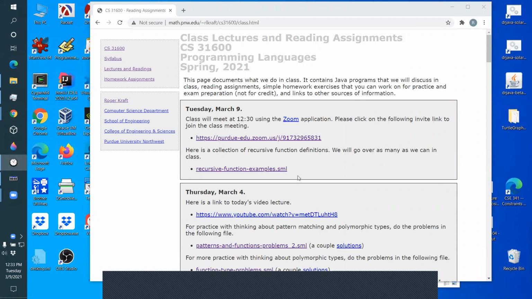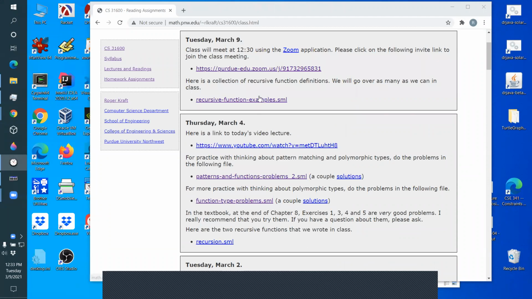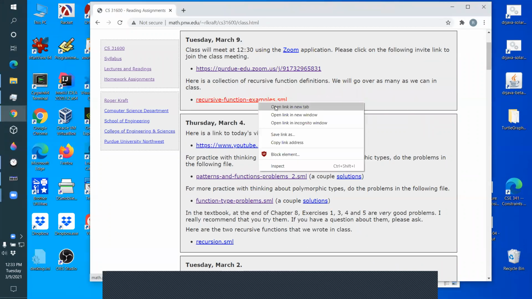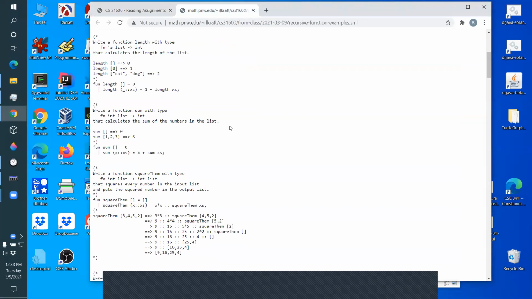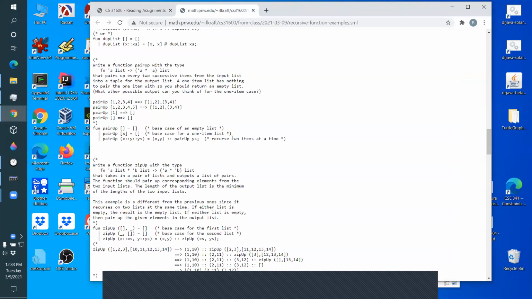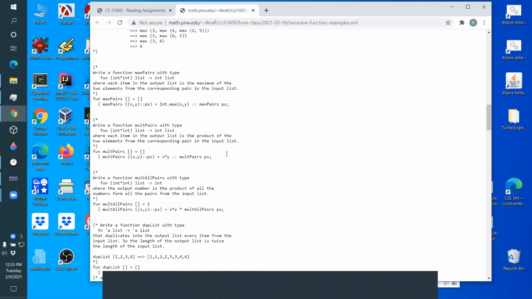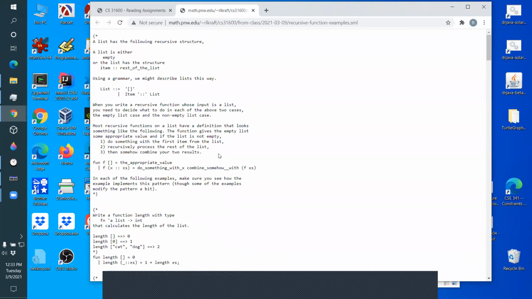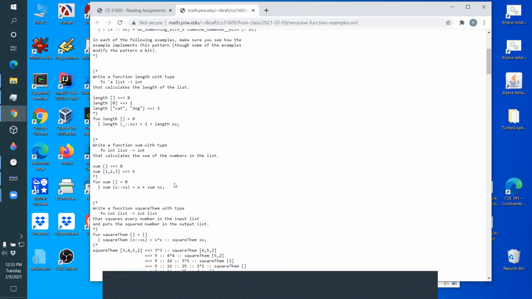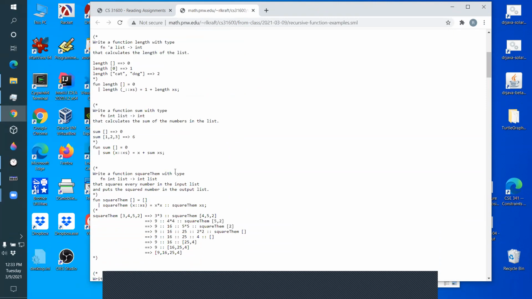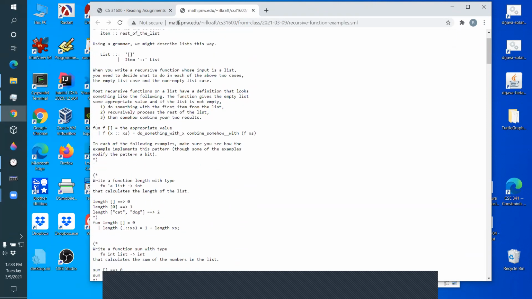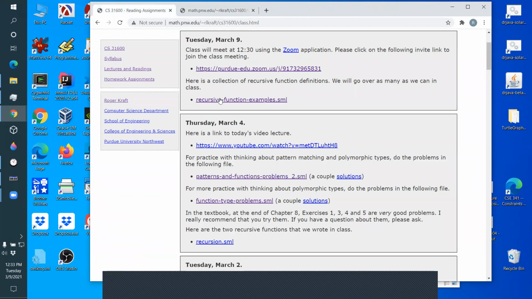What we're going to do today, well, I put a bunch of examples of recursive functions up here. One of the things we'll do today is go through them. There's like 20 examples of recursive functions here, and we're going to use them as a way to get a feel for how to use recursion. I tried to create a variety of examples that go from pretty simple, straightforward recursion. At the end, there's a couple of kind of tricky ones. So that's one thing we'll do today, is just do lots of examples of recursion, because the next chapter